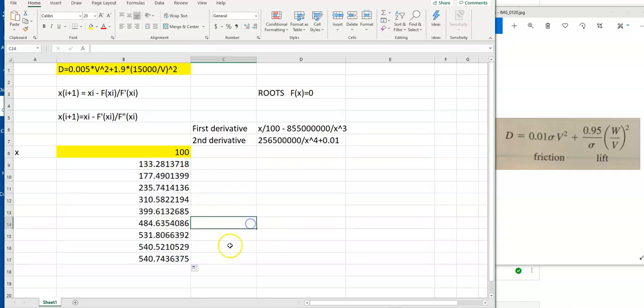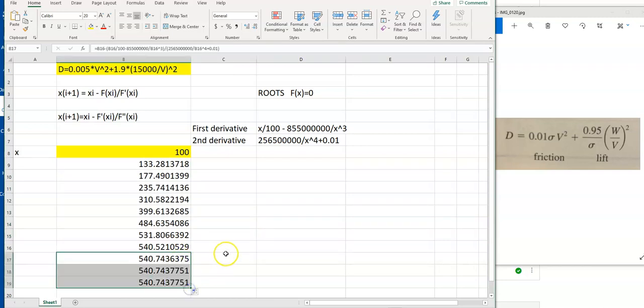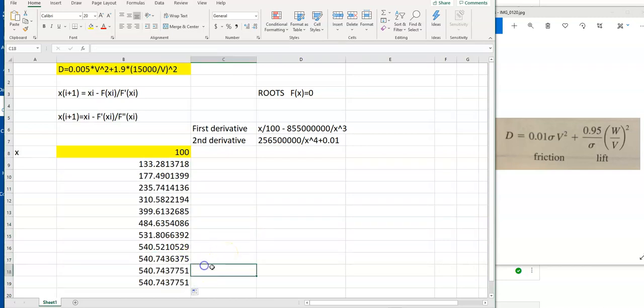There we go. Now you notice something there at the end? It looks like it's converging on a value. Let's do a few more. Yeah, pretty much it's converging, right? It's converging on a value right there, right? So we could say, okay, that looks like that is the minimum